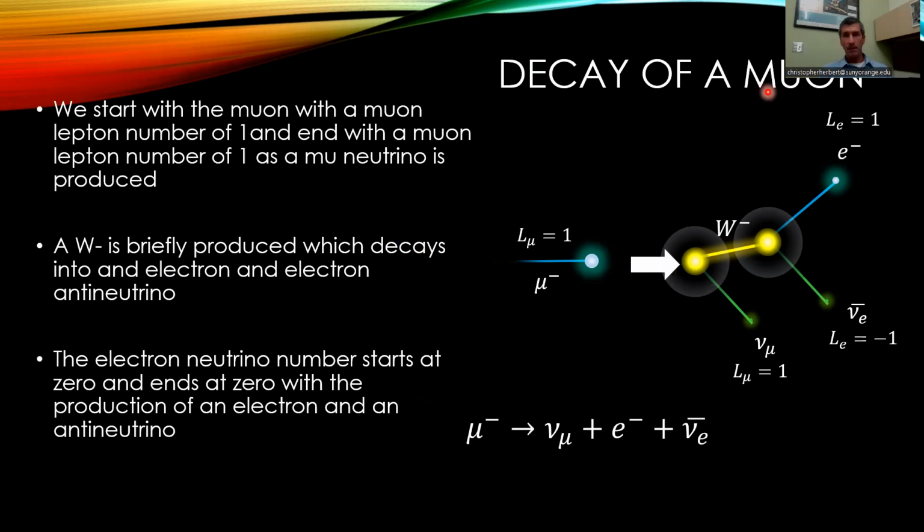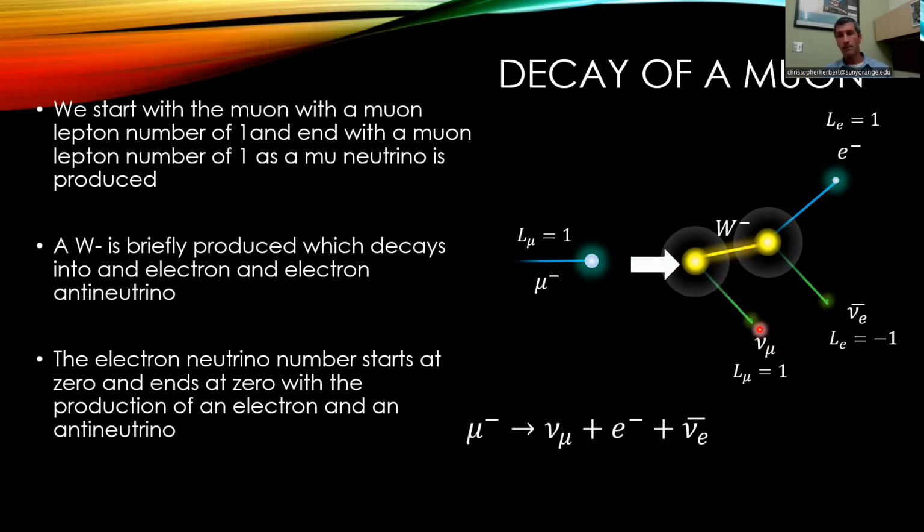Now, the decay of a muon is interesting here because the muon is going to decay into lighter particles, such as the electron. But here you see this muon has a muon lepton number of 1. So when it decays through the emission of this W particle, of course, the W minus particle is associated with the weak force. So we can see this muon comes in, decays into a W minus, and